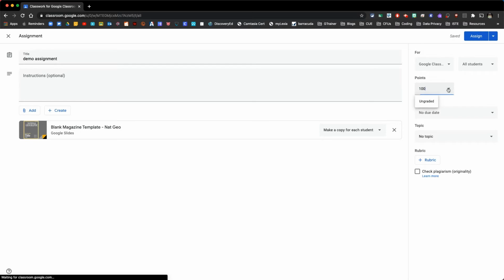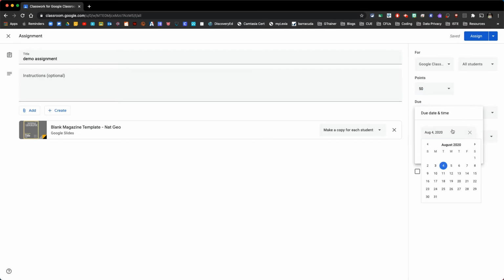Here are the points, so by default, Google makes it where it's out of 100. I can leave that, or I can adjust and say for this assignment, it's going to be worth 50 points. I can give it a due date. We're going to say that this is due on Friday. If I wanted to, I could give it a time. So it is due by